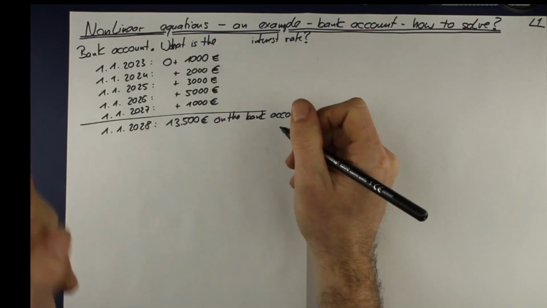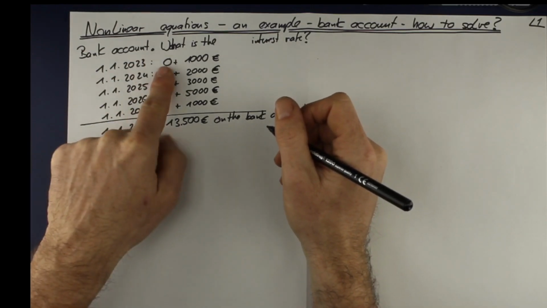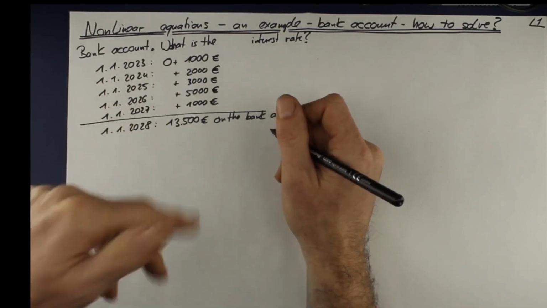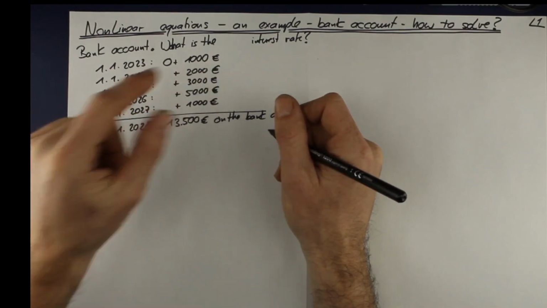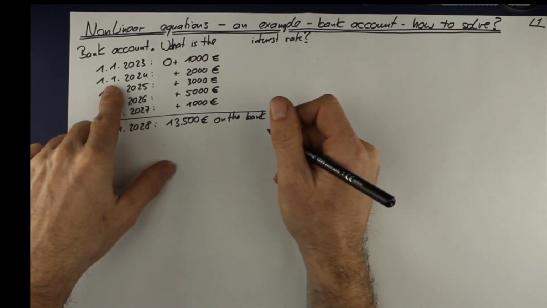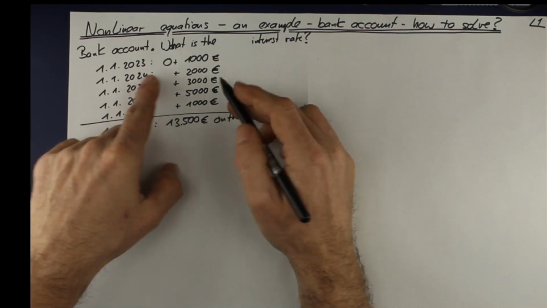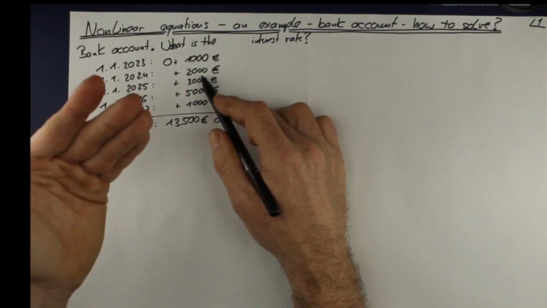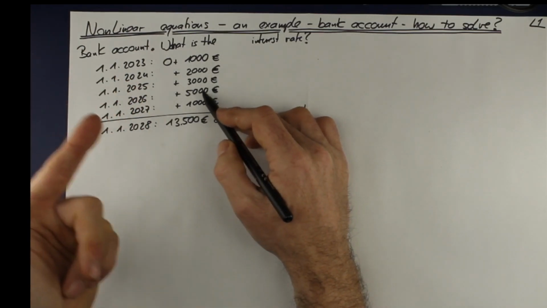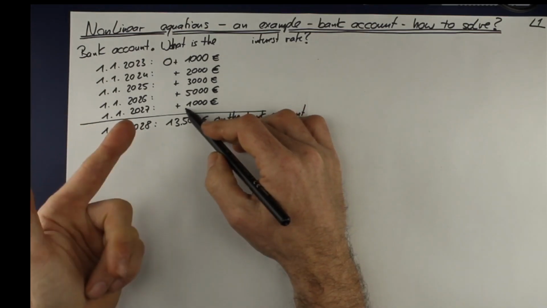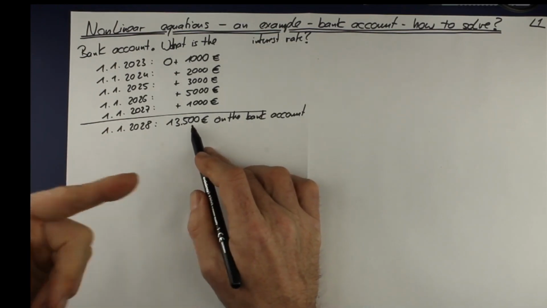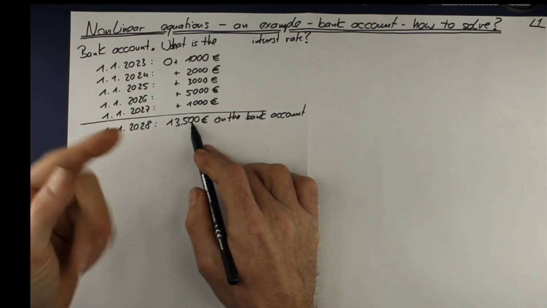Let's assume there is a bank account, and on the 1st of January in 2023 there were €0, but then you brought €1,000 to this bank account. And then nothing happened till next year, the 1st of January in 2024. Then you put another €2,000 on this bank account. 1 year later, €3,000, 1 year later, €5,000, 1 year later, €1,000, and then 1 year later, I tell you that on this bank account there are